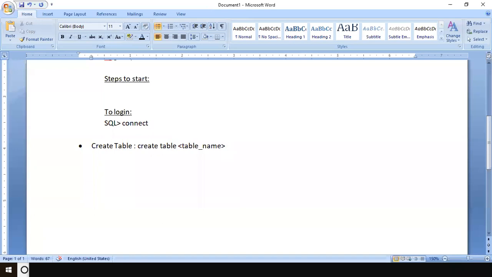Create table, table name. After that, I normally press enter, I mean I take it on the next line. It's better I take even this on the next line. Create table, table name, and then the round bracket. Round bracket is compulsory.